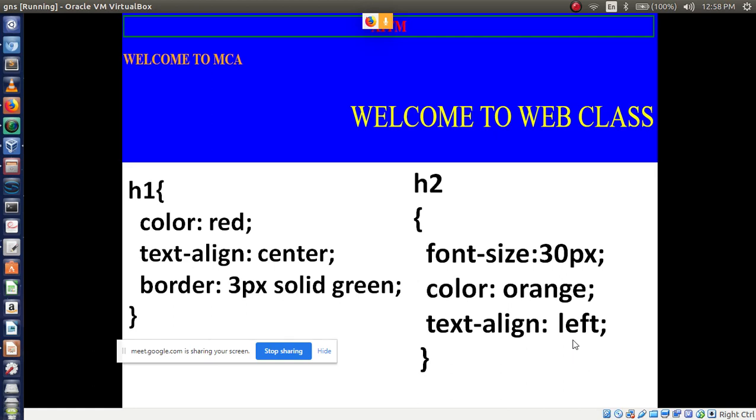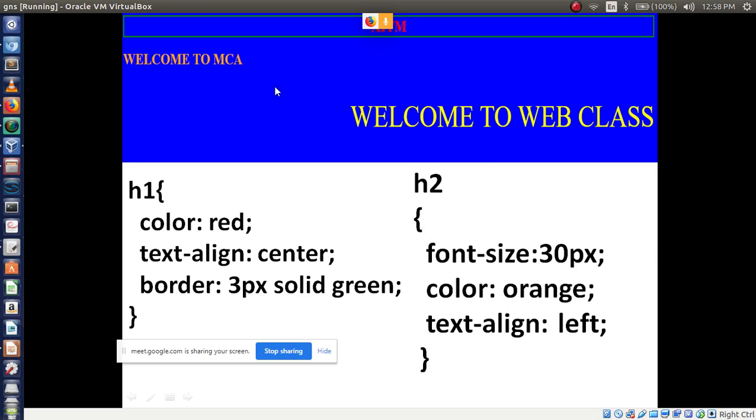Now can anyone tell me this third tag? Here I am using the p tag, right? This one, Welcome to web class, I am using in the p tag. So to display like this, what code should I write here? Can anyone tell me? Okay, p followed by open bracket, font size.